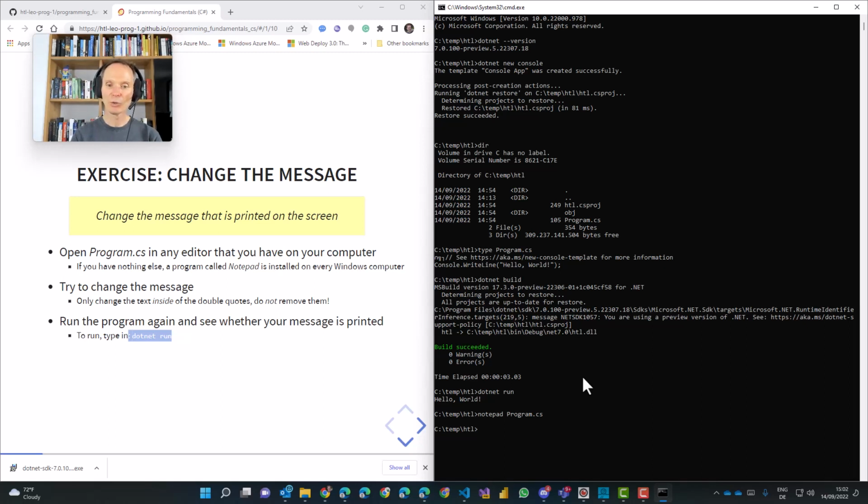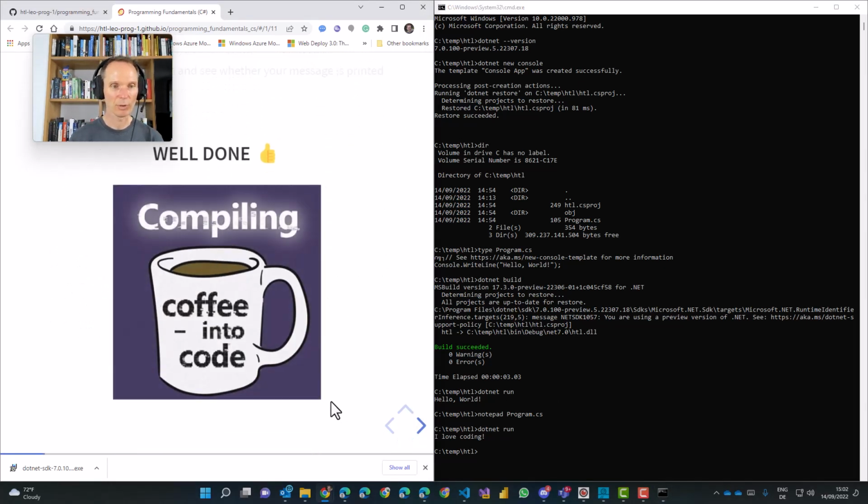You don't need to run it explicitly. You can take a shortcut and immediately write .NET Run. Do that, and finally, I love coding. This is exactly what I want to see, and you should see the message that you entered in your code. Great! Our exercise was successful.